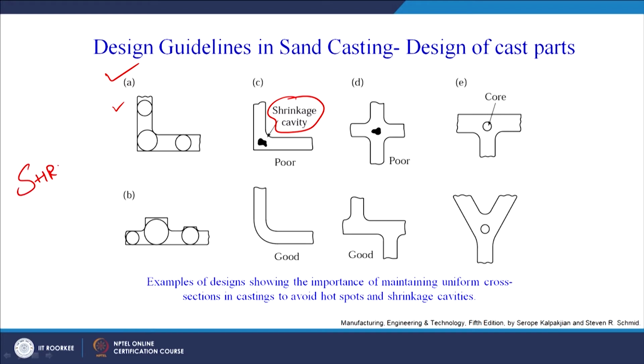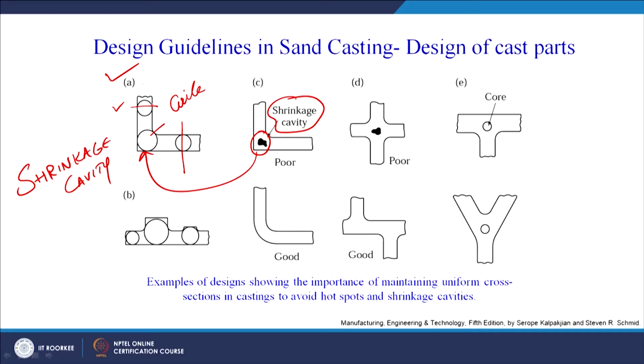It is shrinkage cavity, and it can be easily located where the shrinkage cavity will be formed. Why? Because here there is more metal, because of this inscribed circle at the different cross sections of the